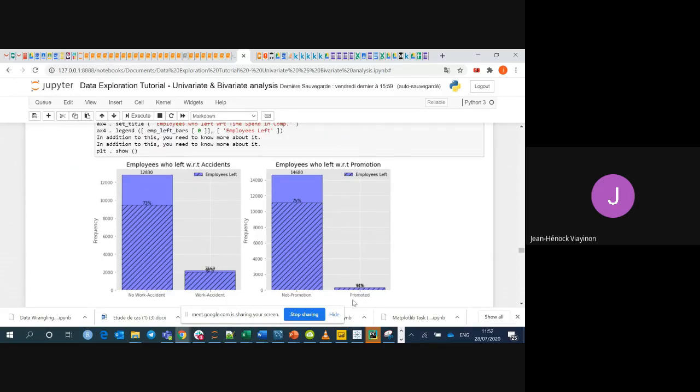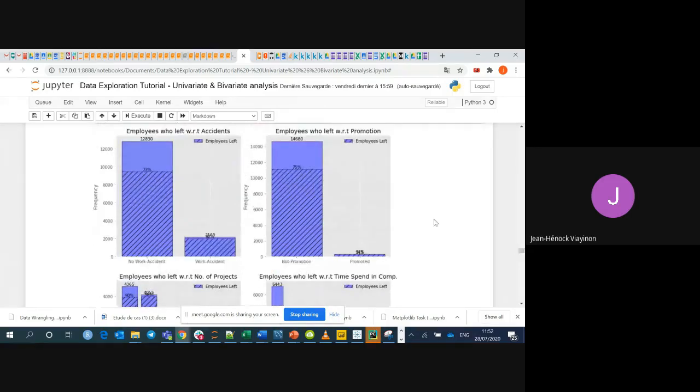So those who are promoted even left, like 94%. This is a very interesting situation, but humans are complex. I told you, even if you get a promotion, you can leave, because getting the promotion makes you more important in the company, and companies are always looking for important and skilled people.